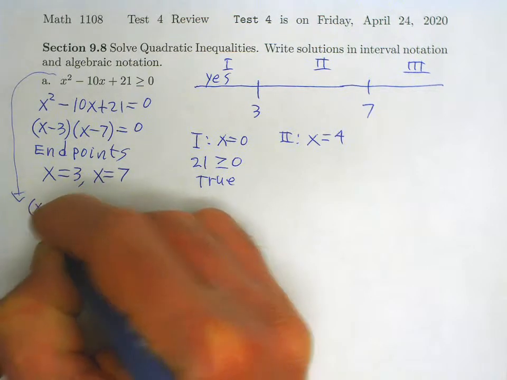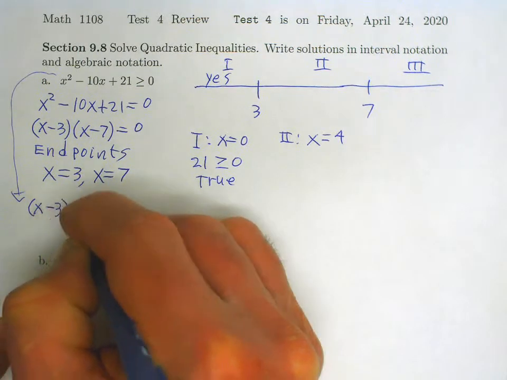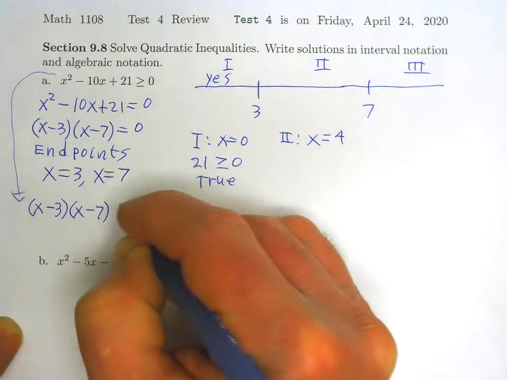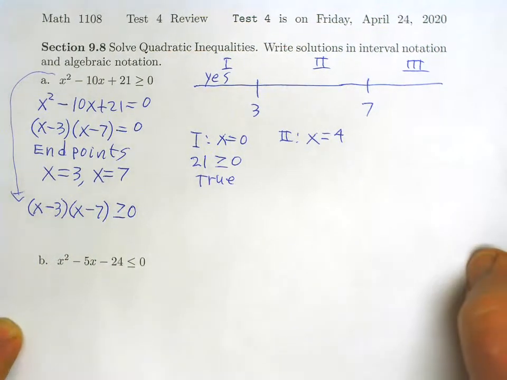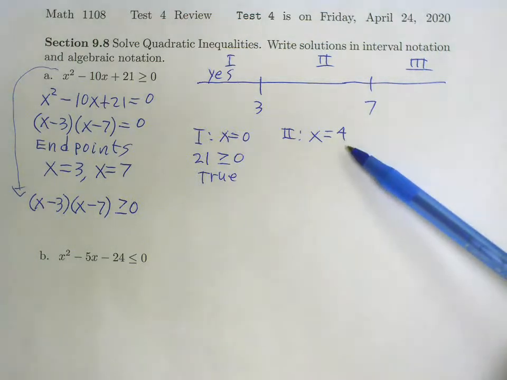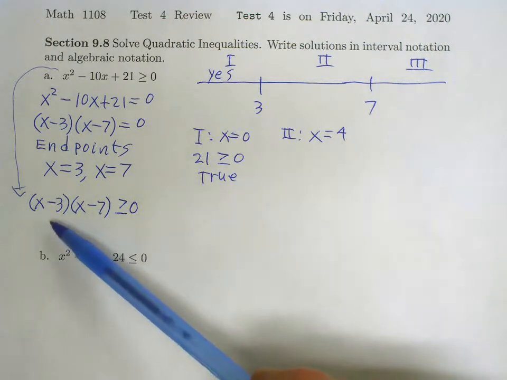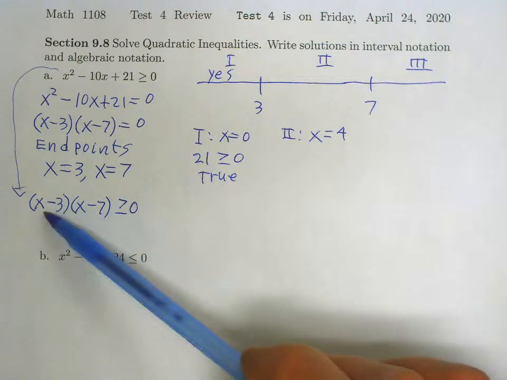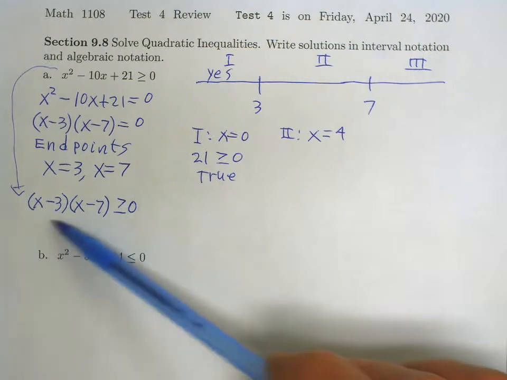So we can write the inequality as x minus 3 times x minus 7 is greater than or equal to 0. And then for test points that are not 0, it might be easier to use the factored form